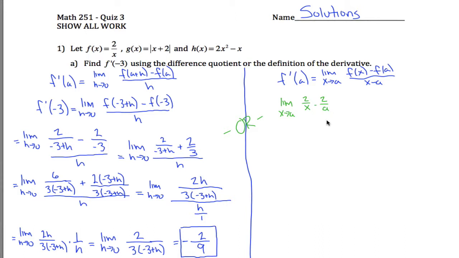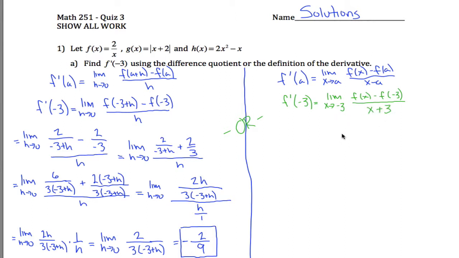Oh, that's not what I want. Shoot. I don't want f prime of a. I want f prime of negative 3. F prime of negative 3 is the limit as x approaches negative 3 of f of x minus f of negative 3